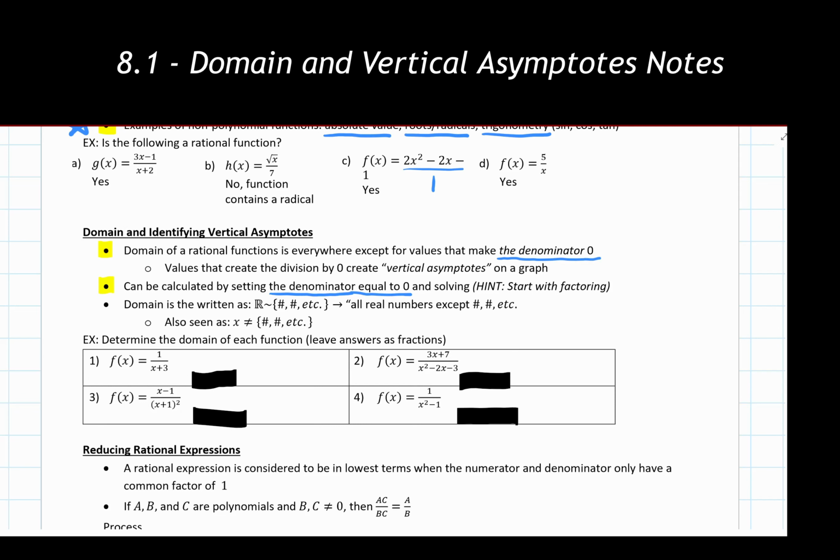Denominator equal to 0. And then we are going to solve the resulting equation that we make. Based on what we have learned so far, I think it's a very valuable hint to start with any and all factoring techniques that we have. We will learn other techniques to solve different types of polynomials later on in the course, but for now, we're going to start with using factoring. So we are told to find the domain or find the vertical asymptotes, we set the denominator equal to 0, and then we start actually solving that.